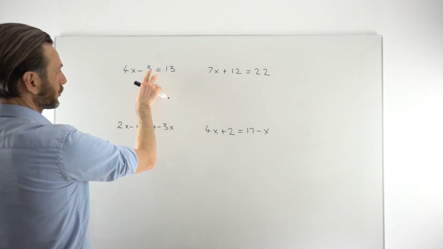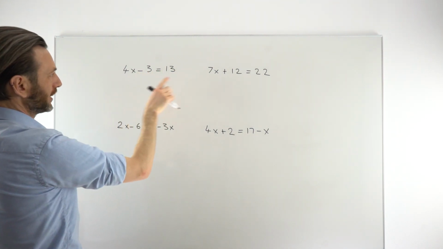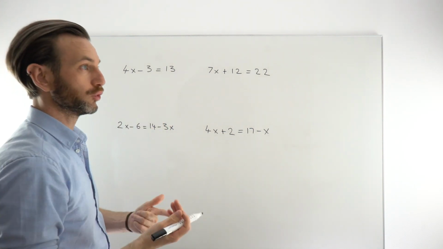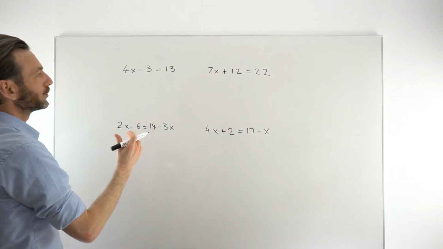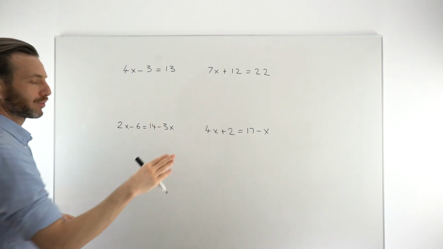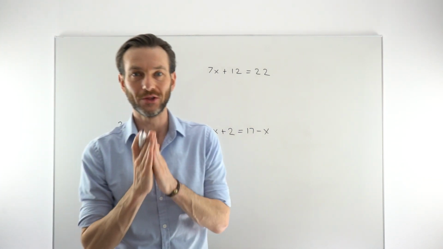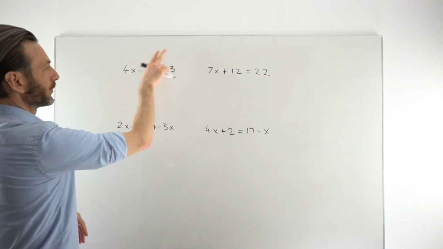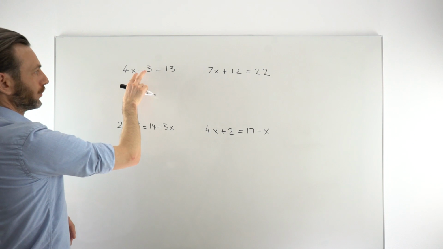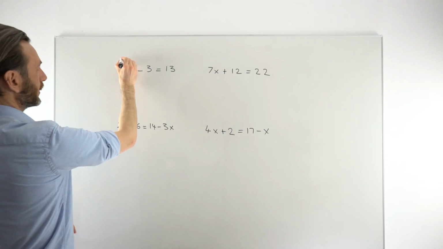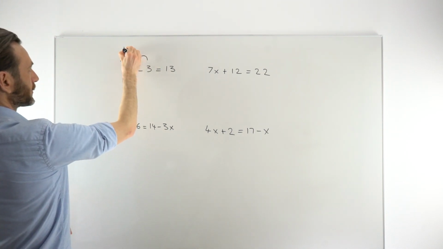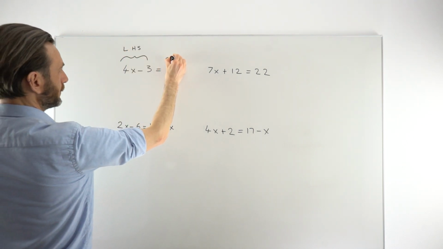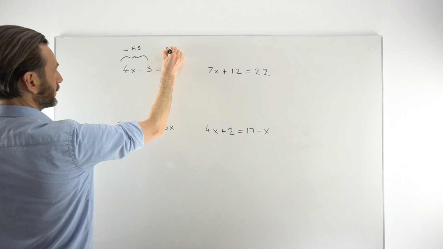So we're going to try and eventually move this -3 to the other side, move the 4 to the other side, and we just need to learn a few rules, if you don't know them already, about how we do that. And the primary rule that I cannot emphasize enough to you is that when something crosses over the equals sign, so let's call this here the left-hand side of the equation, and everything over here the right-hand side,